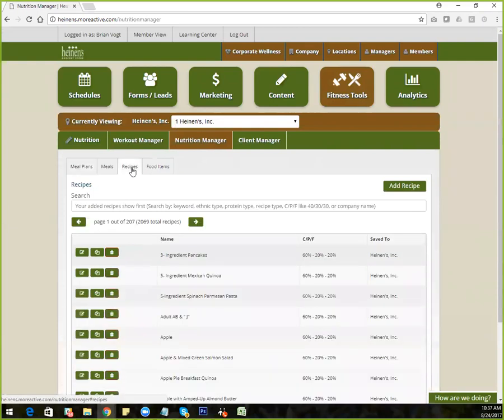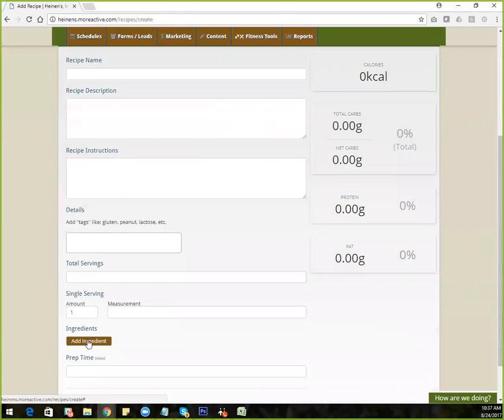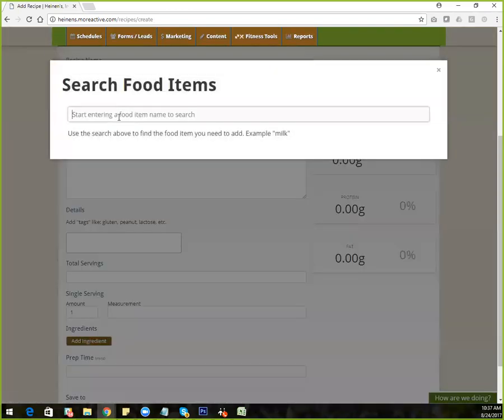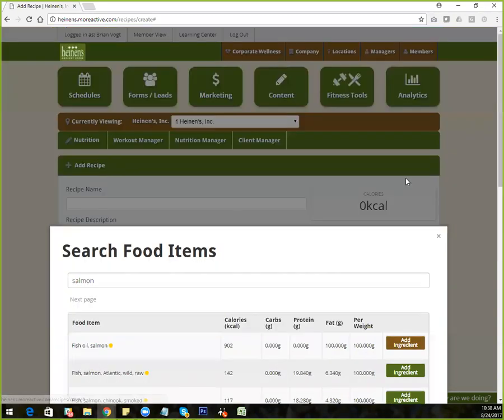And the recipes are created by you going into add recipe or modify a recipe and adding any type of ingredient that you want to add to this. So if I wanted to add salmon, I can search for salmon. It shows me all the different Atlantic and smoked and chum and whatever else that I wanted to put in. When I add that ingredient, it'll put it,